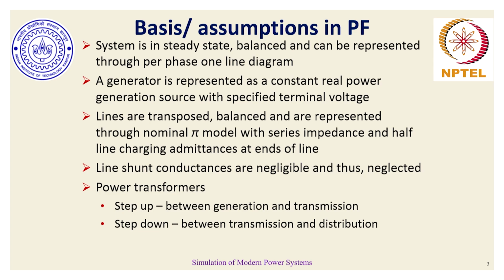We have also talked about the basis or assumptions involved in power flow. Typically, our understanding of power flow would begin with an extra high voltage transmission system, which usually are balanced systems, and hence they can be represented in a per phase one line diagram on a per unit basis. Why can these networks be assumed to be balanced? Because that's how our system typically tends to operate. At lower voltages, the system unbalances.